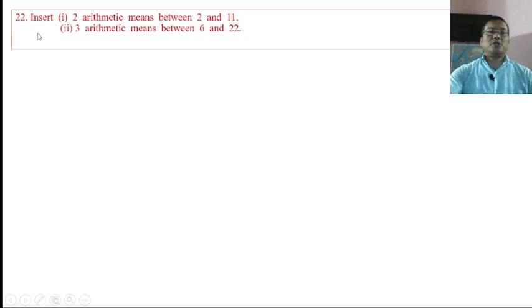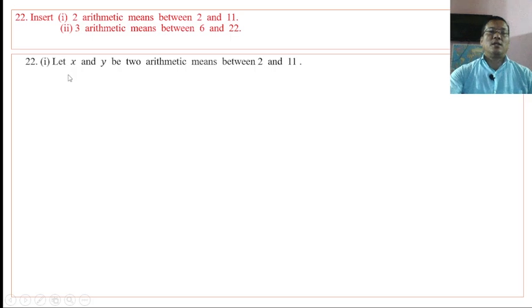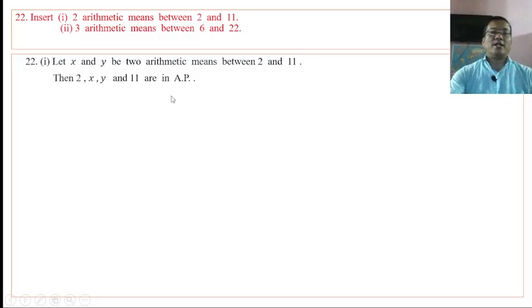Question number 22. Insert two arithmetic means between 2 and 11. Let x and y be the two arithmetic means between 2 and 11. Then 2, x, y, and 11 are in AP, taken in this order. Therefore, 2 is the first term, 11 is the fourth term. Using the nth term formula, that is a_n equal to a plus n minus 1 times d, we have